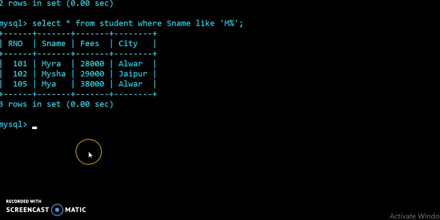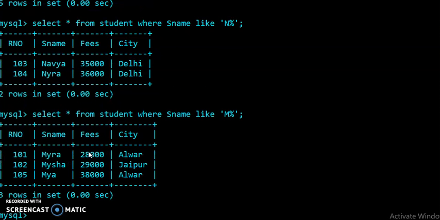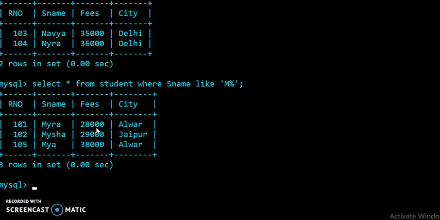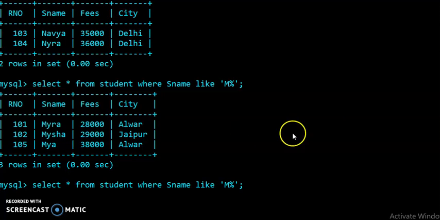Okay students, now if I want to display the records whose name ends with RA, whose ending characters are RA, what do we have to write? I told you that if you want to search records whose name ends with a specific character, you have to apply the percentage symbol before that character.